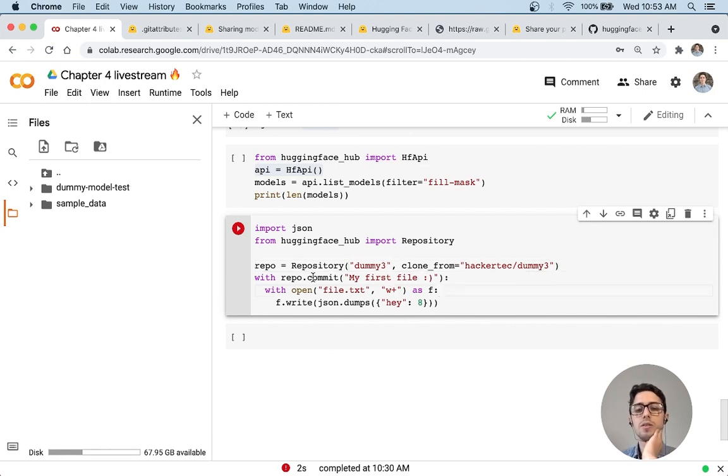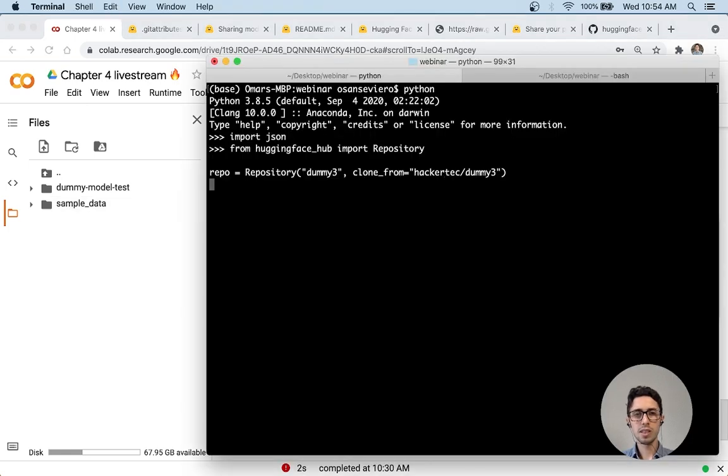And this is a context manager, so you've probably done similar things with files. So you can do with repo.commit, my first file. Anything that you do now will be committed to the hub. So this is a very nice wrapper that will probably make your life easier. Just let me quickly check that this will work. So we import, so this initializes the repository. So now you can do with repo.commit, my first file,